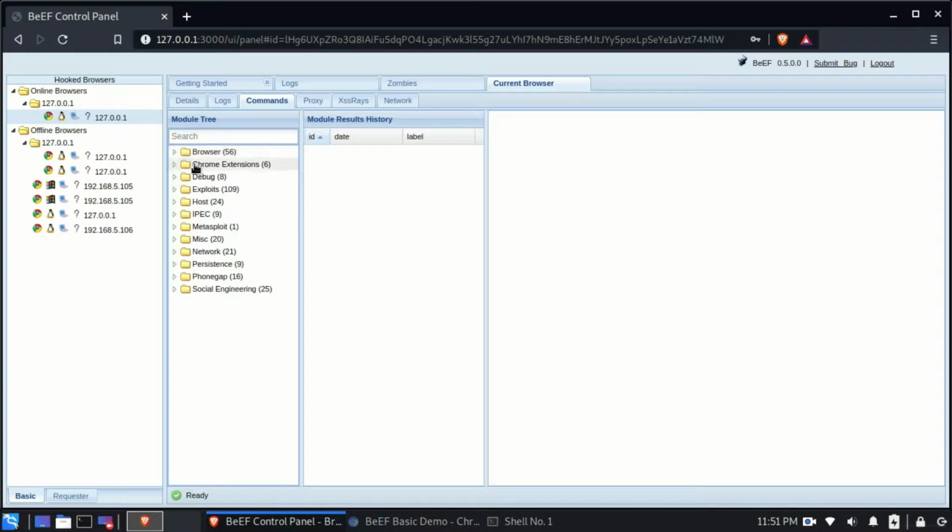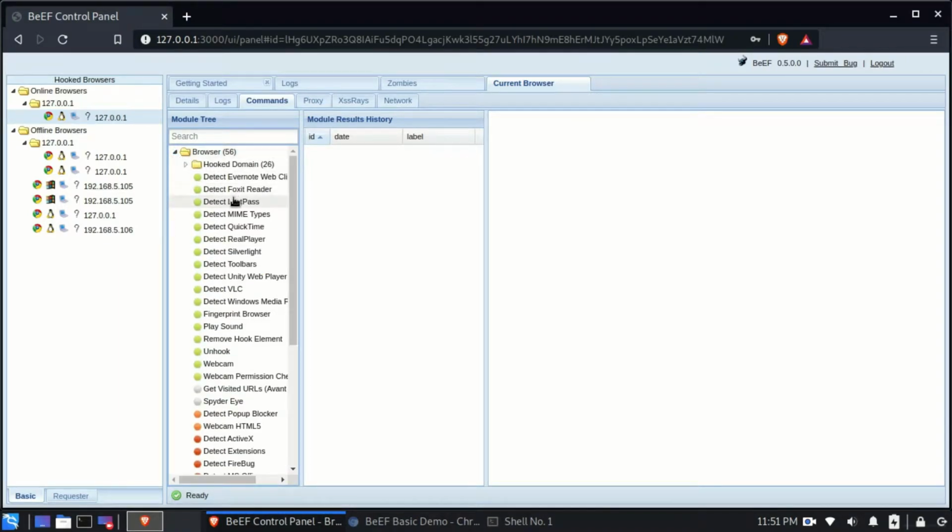First let me tell you how to identify which command is working or not. As soon as you click on some folder, you can see these are the commands which are available to be executed. There is a circle on the side of every command. This circle has a color coding, and each color means a different thing. This green color means that this command is successfully working on that browser and it can be run on that browser.